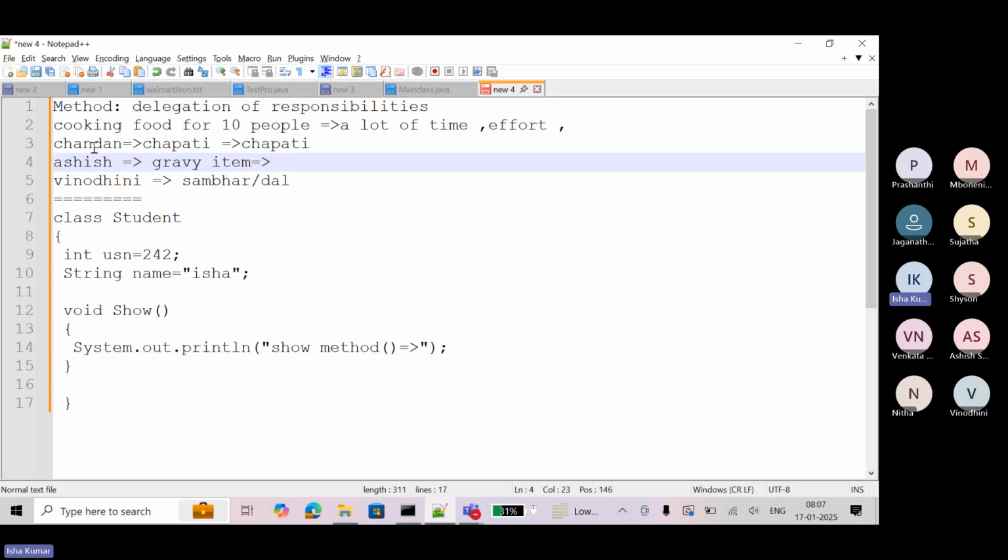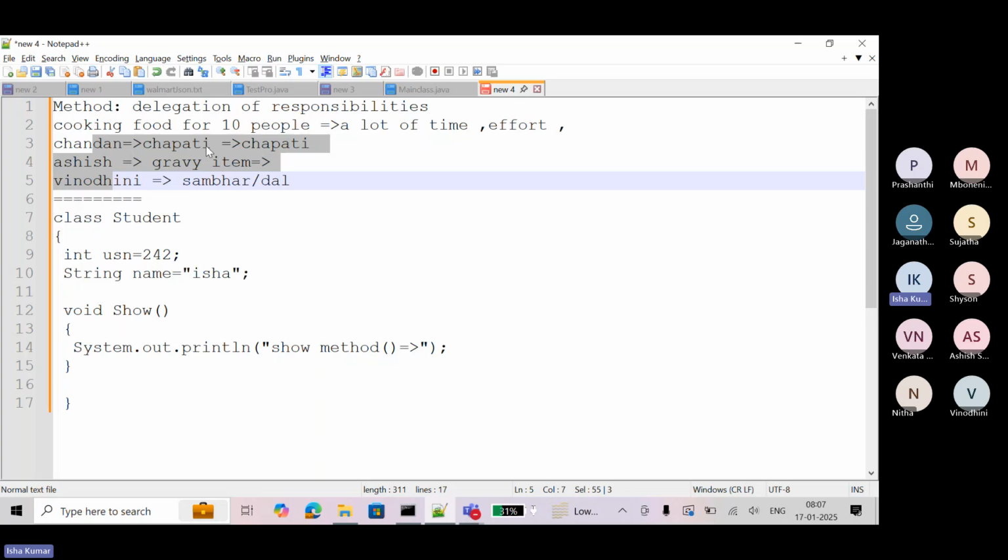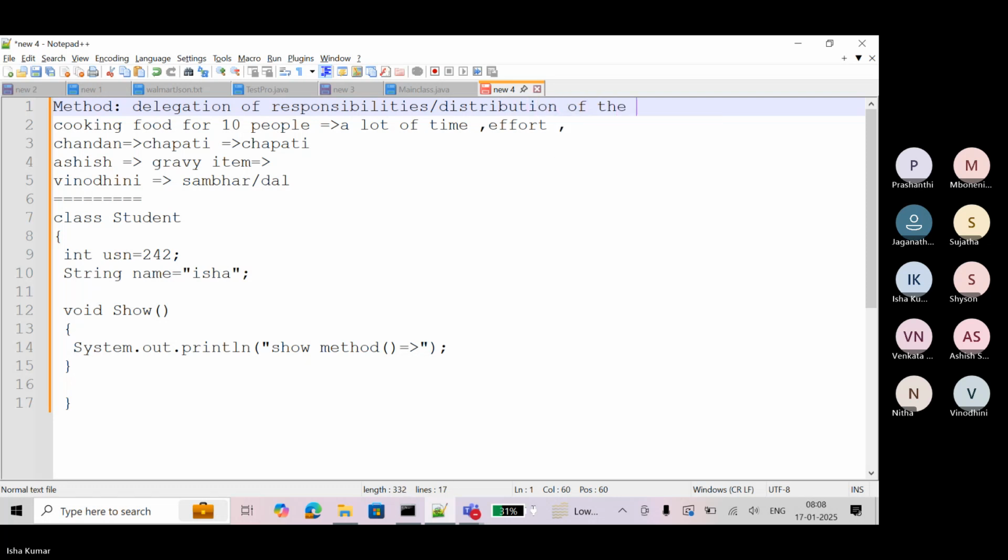Simply you call these guys, they will provide you the output, and you can finish your job within a specific time. Your performance will be good, right? So that's why method means delegation of responsibility or distribution of your task, right?